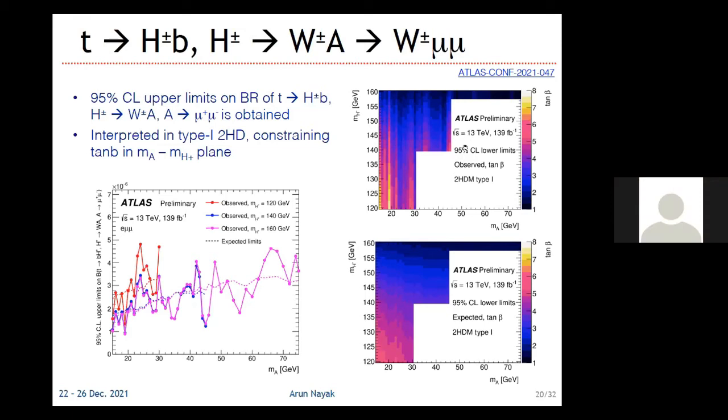So what I think is that here they obtain a limit on tan beta. So given mass values for MA and MH plus, what is the limit on tan beta? That's why it's a 2D plot. The tan beta has to be higher than that. So this is a lower limit on tan beta. And the limits are given in this color code. And the signal goes down, of course, as tan beta rises.